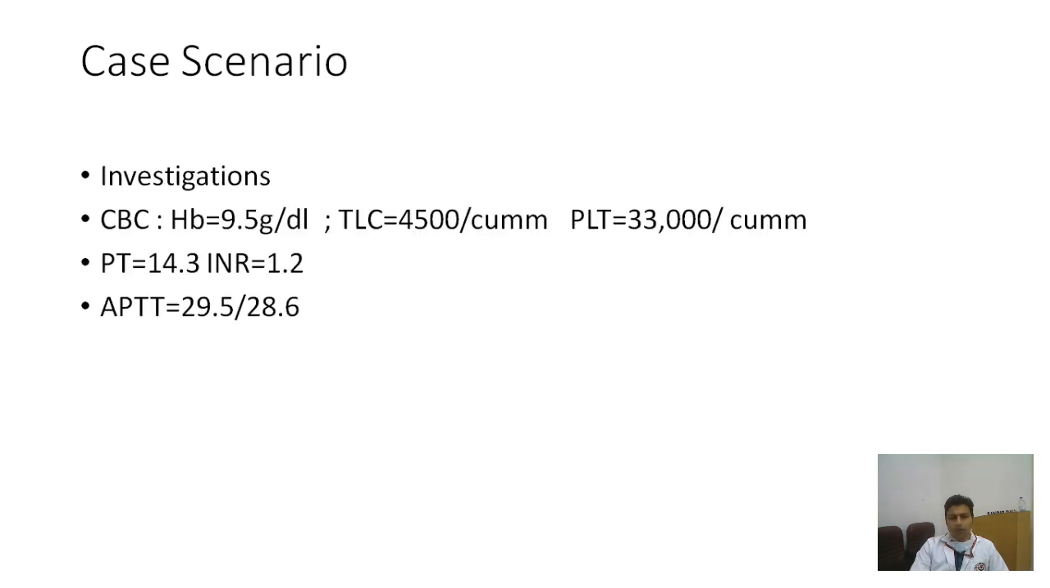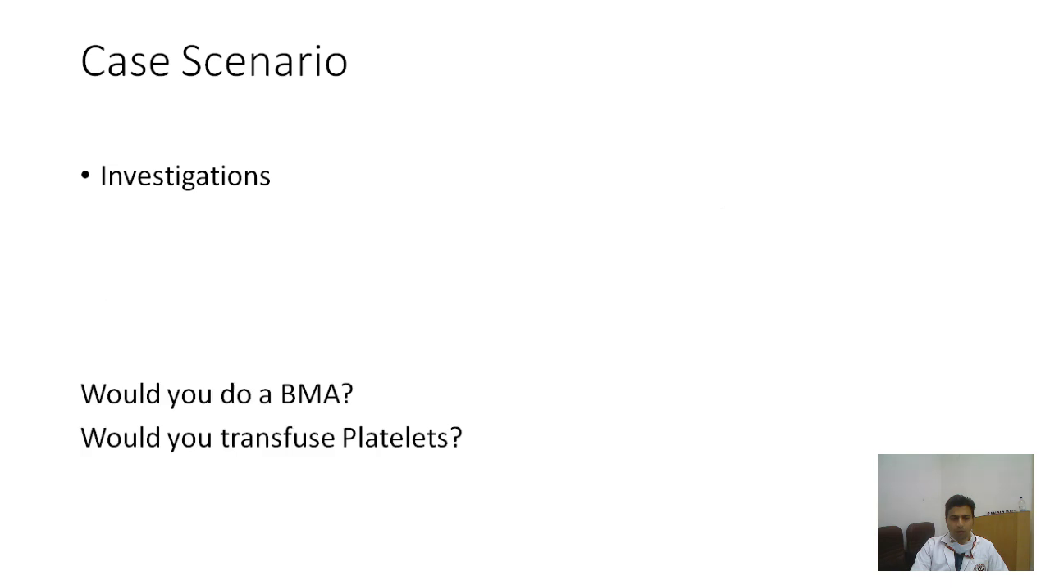On investigation, she was found to have low platelets. Otherwise, her CBC was normal. The PT and APTT were also normal. So, would you do a bone marrow aspirate in this child? If you are suspecting immune thrombocytopenic purpura, it is not indicated. A bone marrow is not indicated